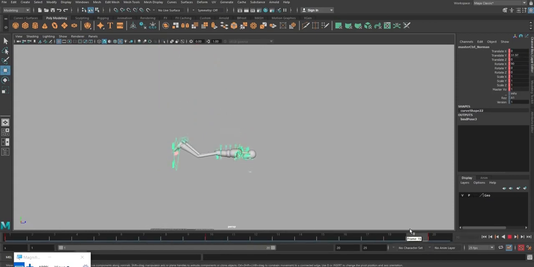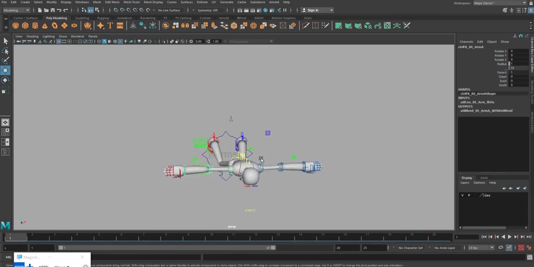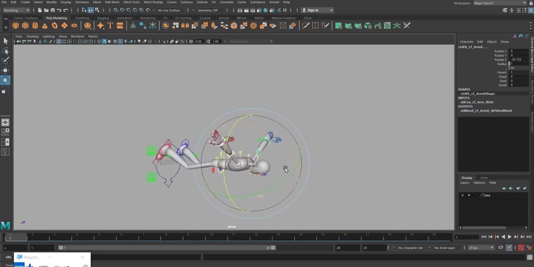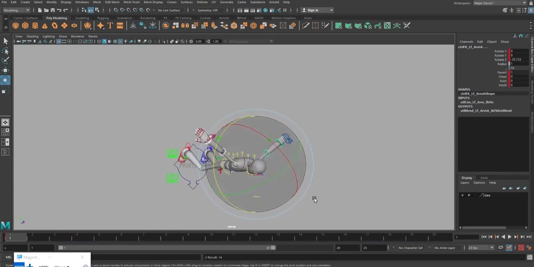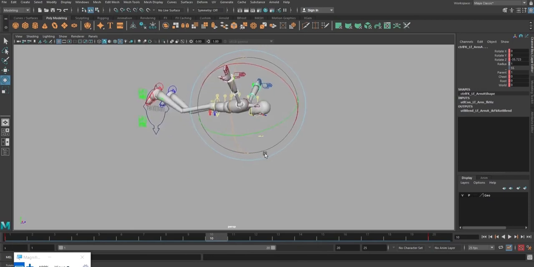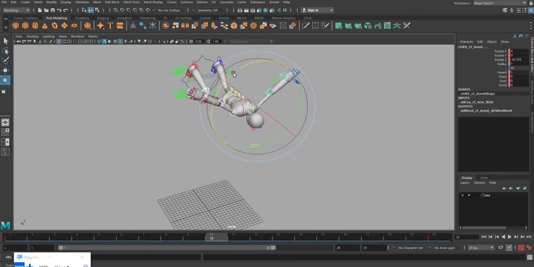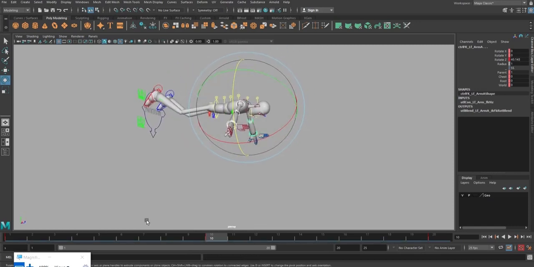In my first frame I'm going to select the IK handles. I'm going to rotate it upwards and set key, and I'm going to copy it to the 20th frame, set key. In the 10th frame I'm going to rotate it inwards and set key.